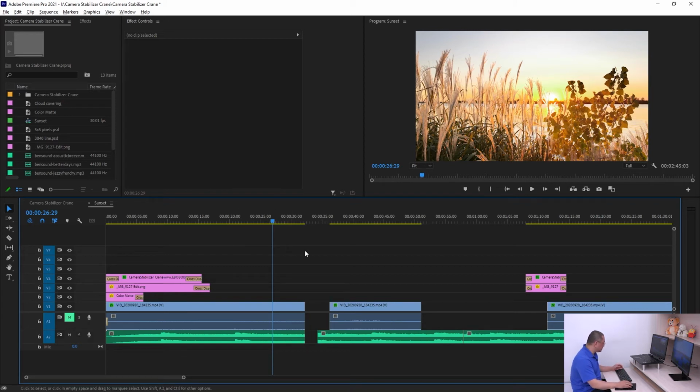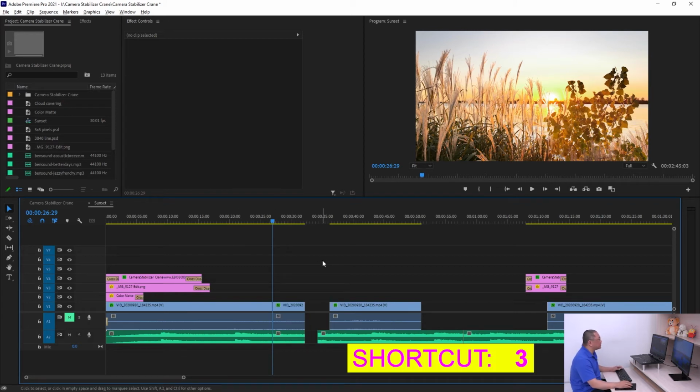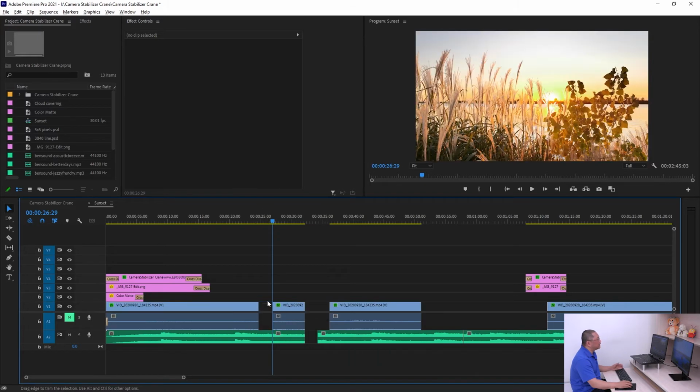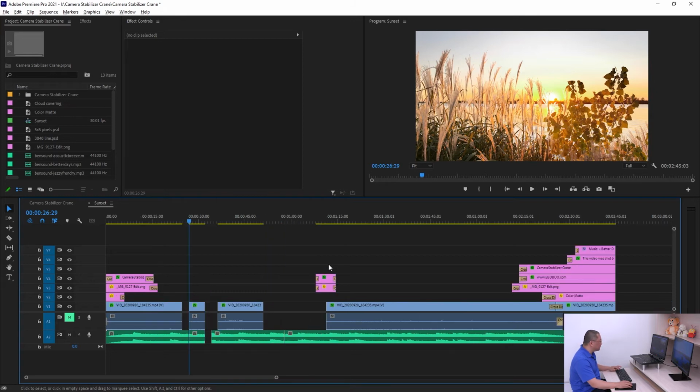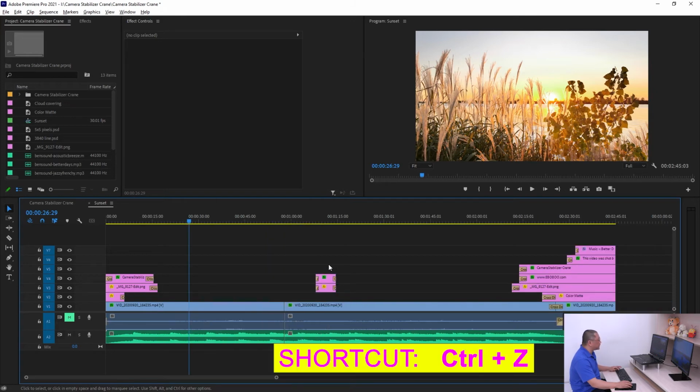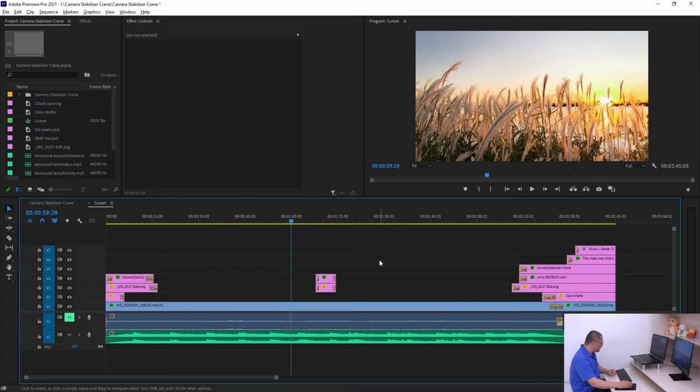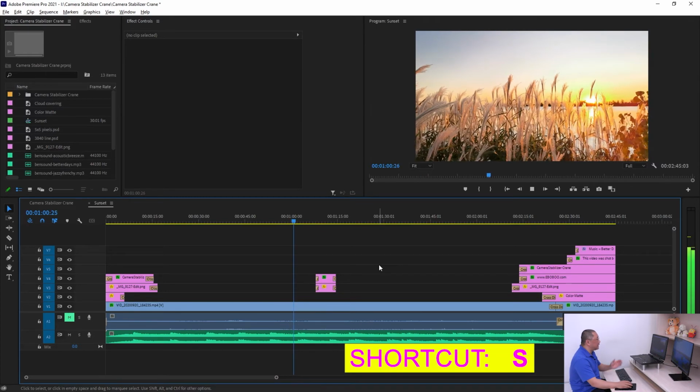That can be not that good. Yeah, so I can just press the number 3, so I can add the edit here. And also for the subtitle, let me show this, so let me undo in here. And for the shuttle, the A and the S keys in here, so I press the S key and